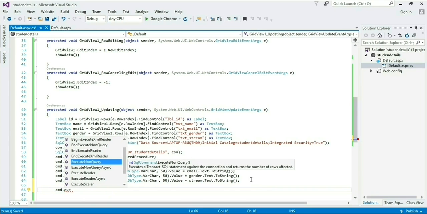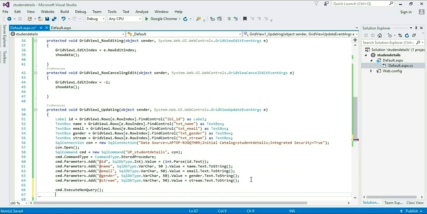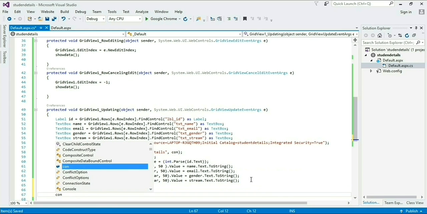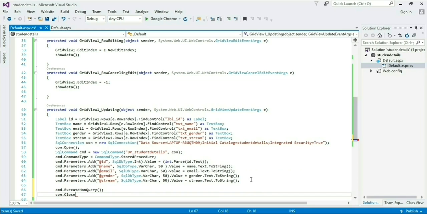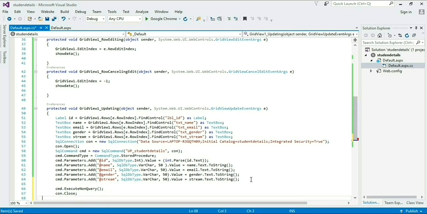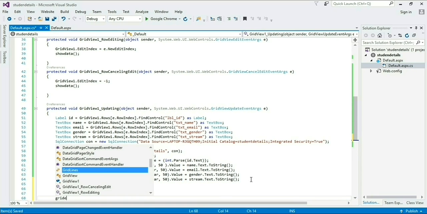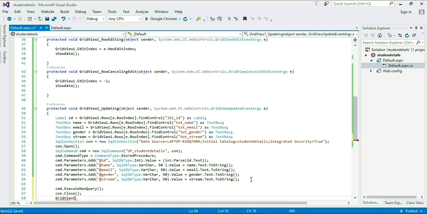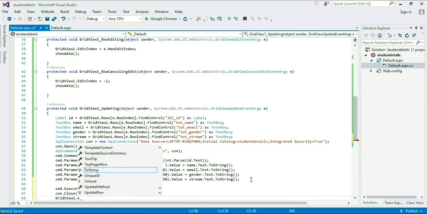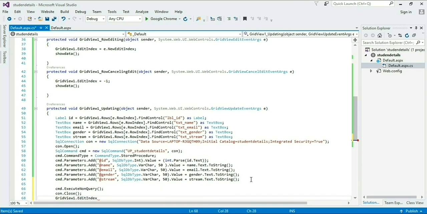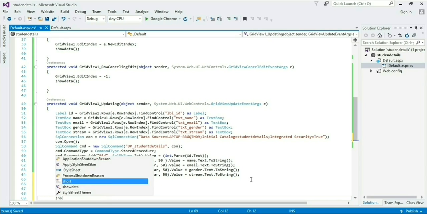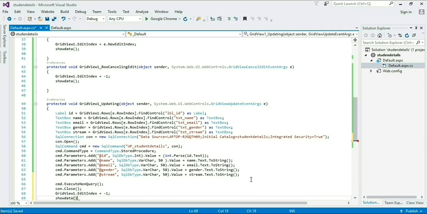Now I am taking cmd.ExecuteNonQuery, then close the connection and give GridView EditIndex equal to -1. And after that, remember to call your main function, which is ShowData.